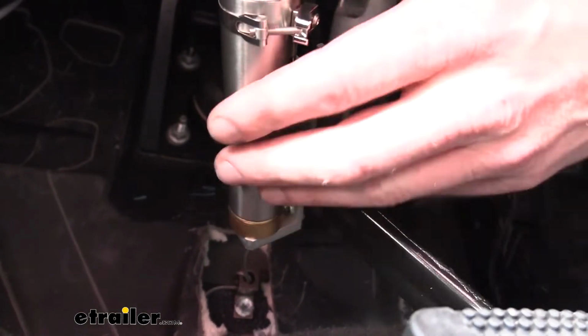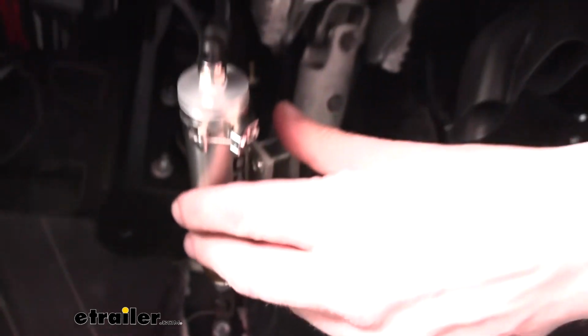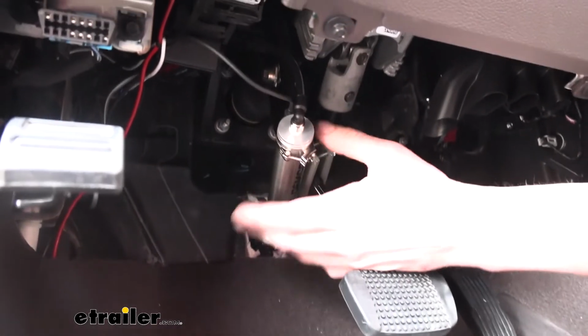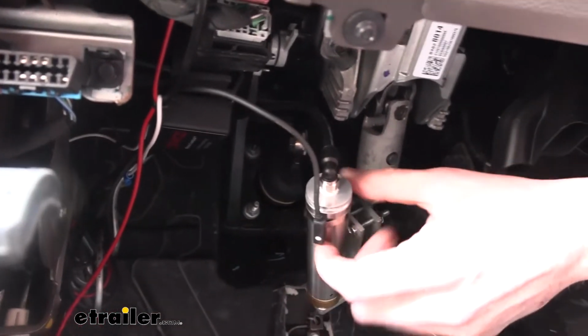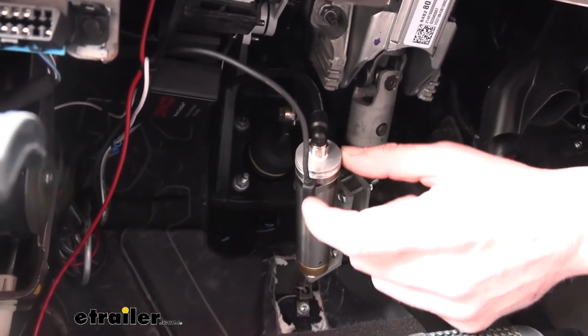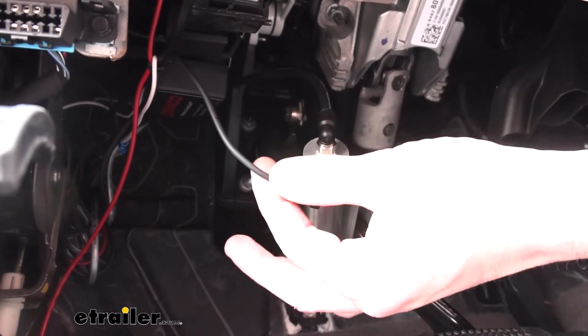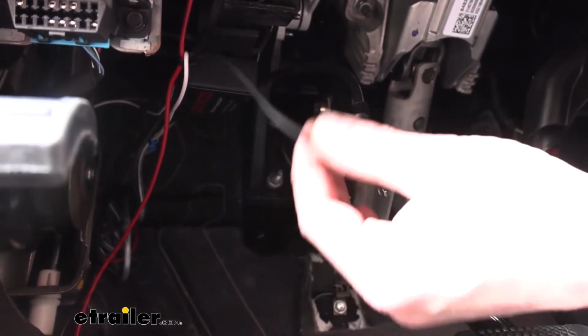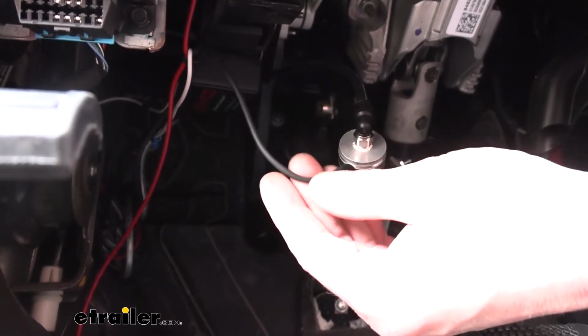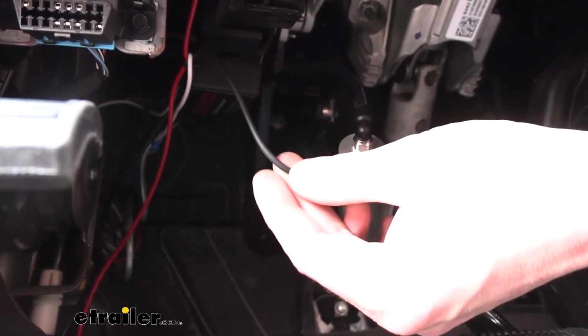Now that we've got our cylinder mounted up, we can go ahead and start wiring up the monitor light system here. So if you look at the cylinder here, there's a switch on it. This is the reed switch. There's a wire that comes off of it, and off of this wire there are 2 ends. You'll have a purple, which to me looks more like a brown color, but they say purple in the instructions,